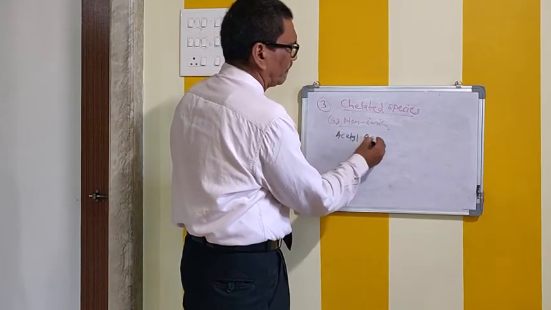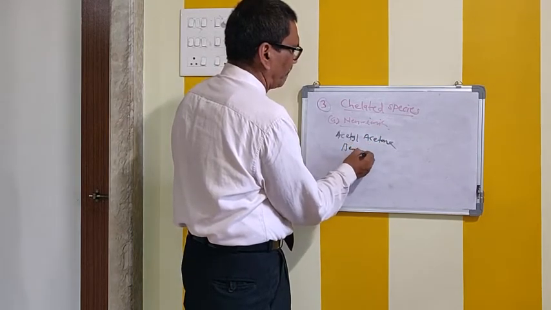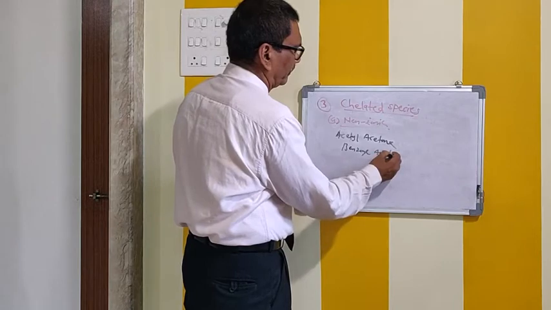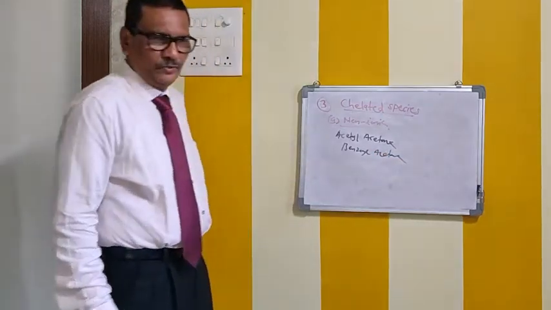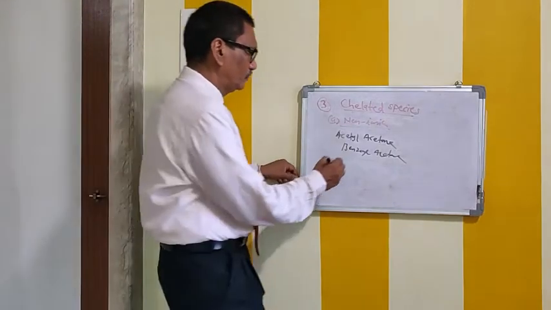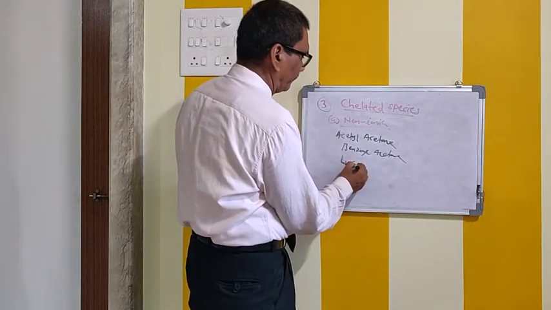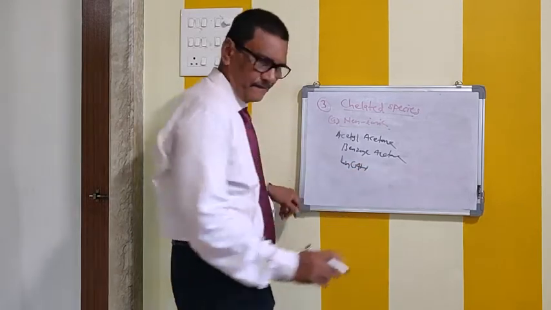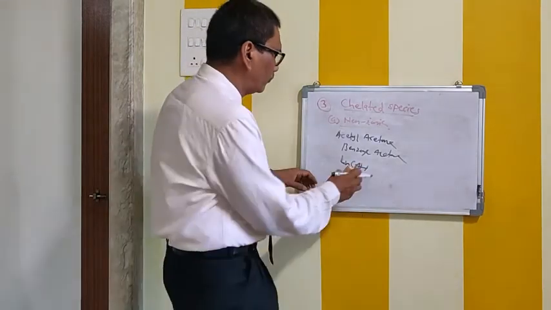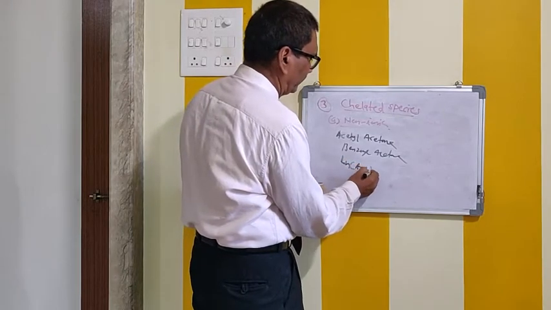Acetyl acetone and benzyl acetone. Acetyl acetone and the benzyl acetone can form this type of complexes. So they can form the type LNA minus. So the complexes formed by this is LNA minus